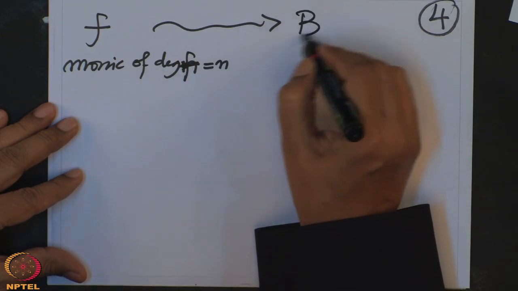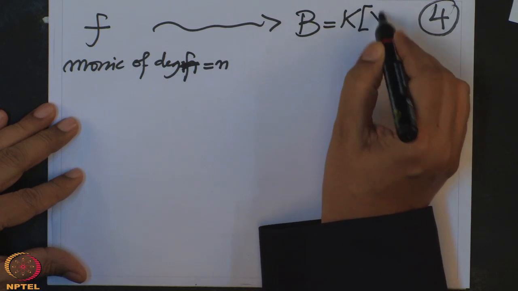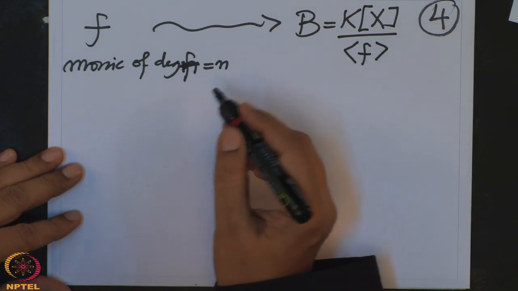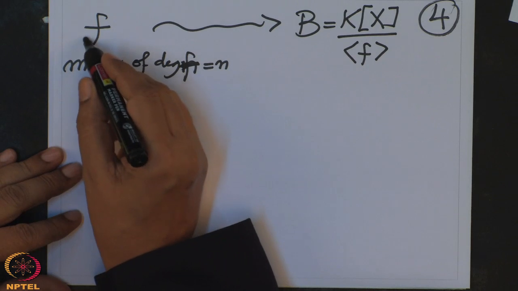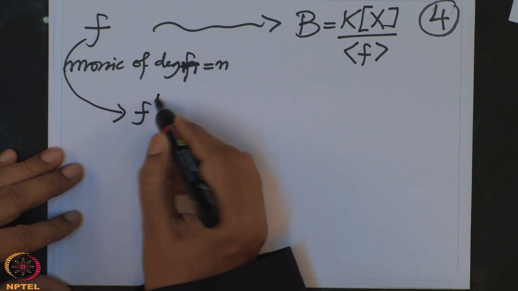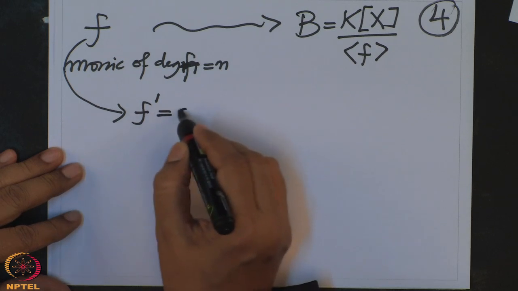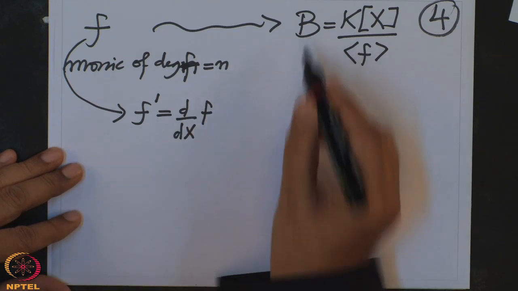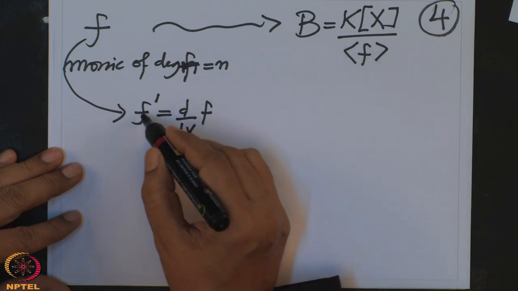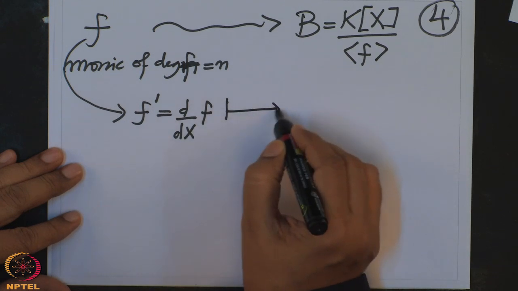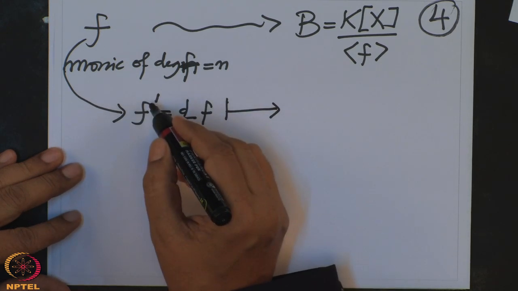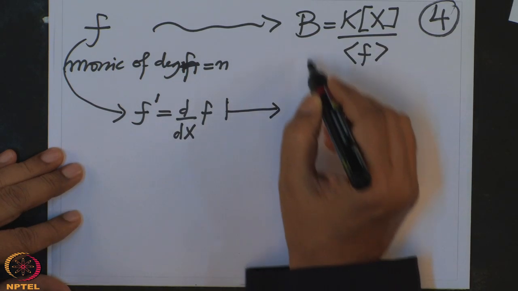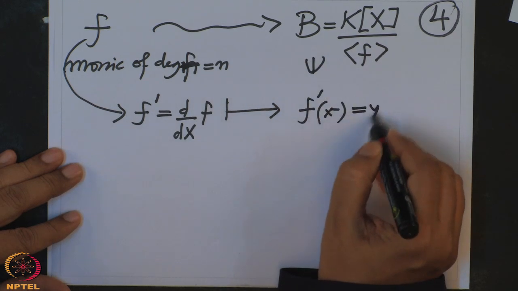From here you go to the residue class ring B, which is K[x] mod f, and let us take an element. We have given f, so we can differentiate it. Differentiating is not a big problem. So this is d/dx of f, the formal derivative of f. And now read f' in this ring, that is, take the image of f' in the ring B. You take this derivative and plug in small x instead of capital X, so f'(x). This is an element in B. So this is my y.